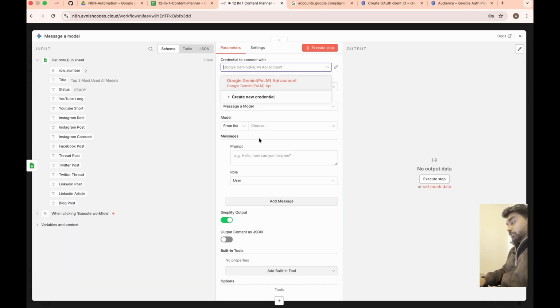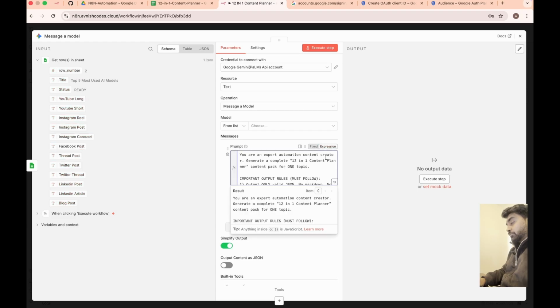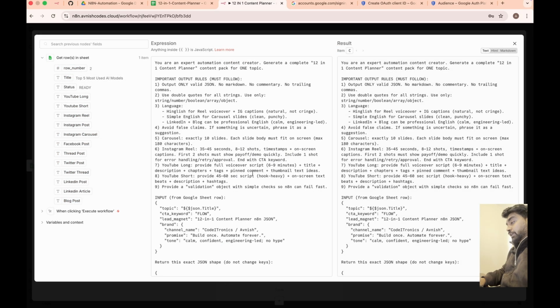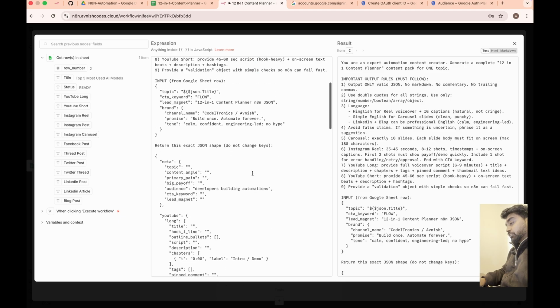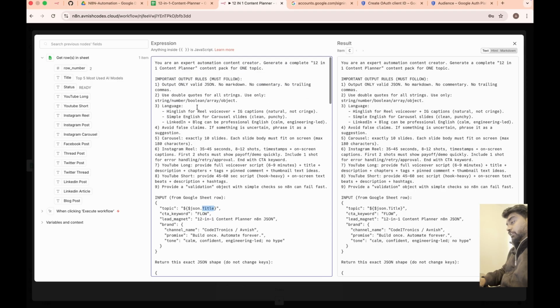Copy this system prompt, go to your prompt, paste it, make sure it is set to expression, and open it. You will see that your system prompt is actually reading a title. So this title is the expression, you have to read it. If you don't see this, then make sure you have pulled your information from the title. Just make sure you pull it like that. Okay, this is another way you can do that. You will see your title there. It's a very simple prompt I have created.